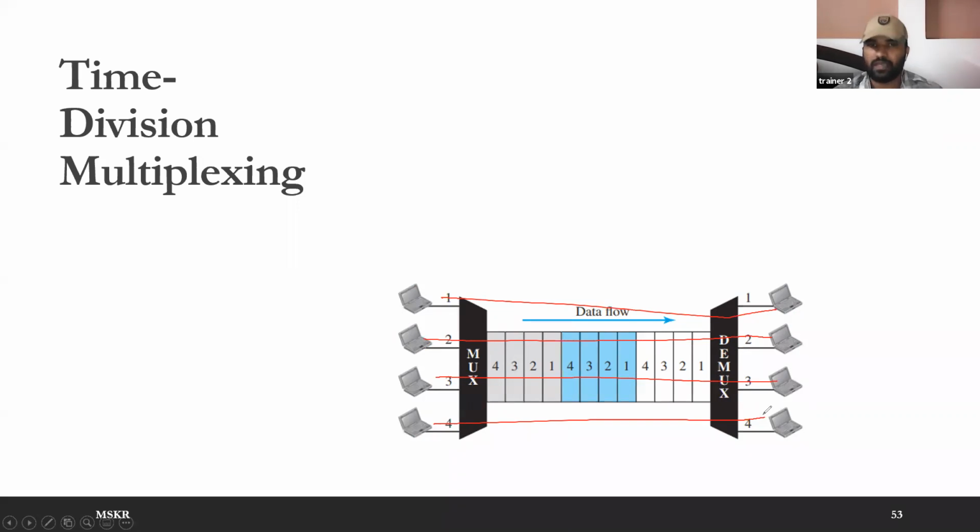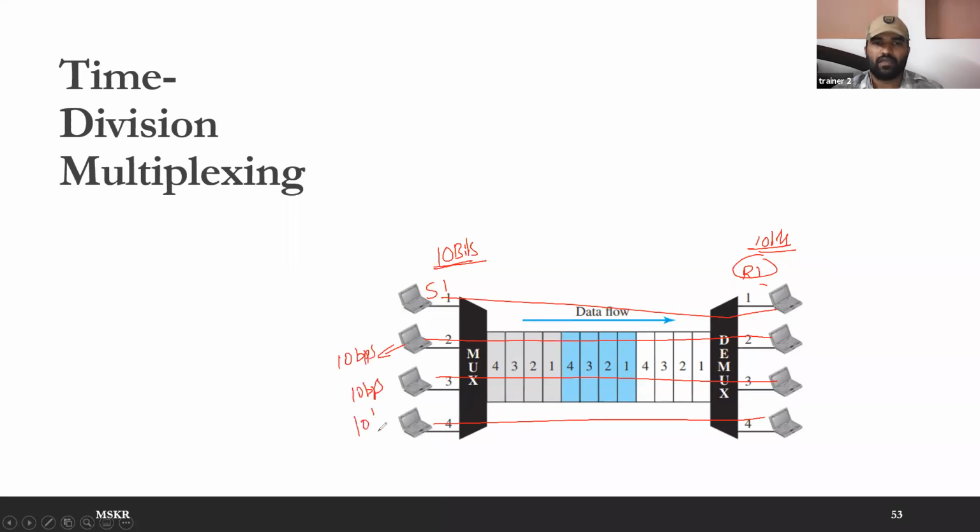But remember, they are communicating continuously. So user 1 is generating, let's say, 10 bits per second for user 2. So user 2 must receive 10 bits per second. Let's say sender S1 and receiver R1. When S1 sends 10 bits per second, R1 expects 10 bits per second. In the same way, let's say all are communicating with 10 bits per second.